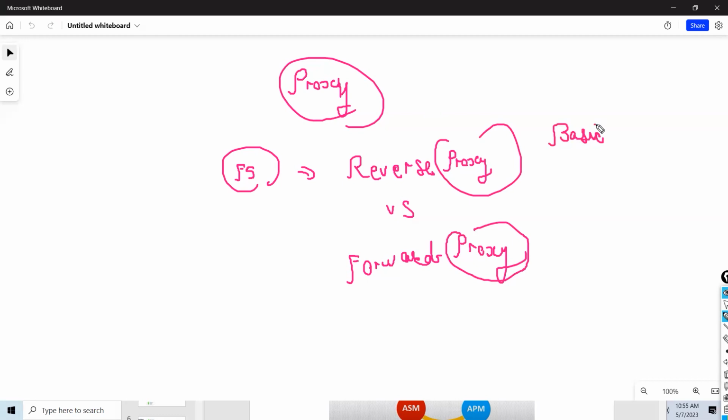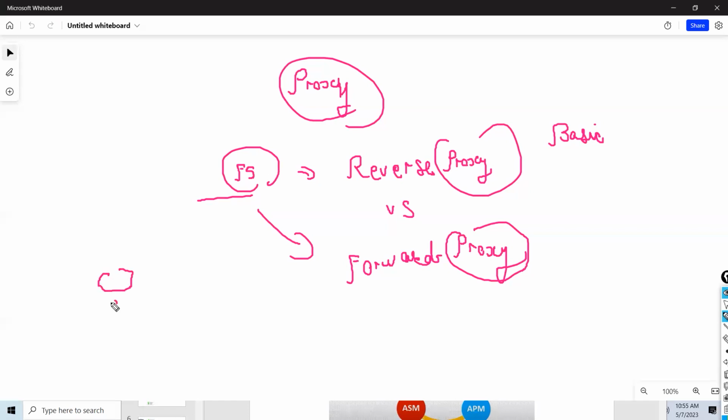Now, can anyone tell me whether F5 is a reverse proxy device or a forward proxy? Anyone? This question will be asked in interviews: whether an F5 device is a reverse proxy device or a forward proxy.